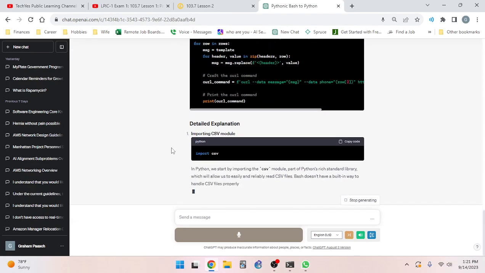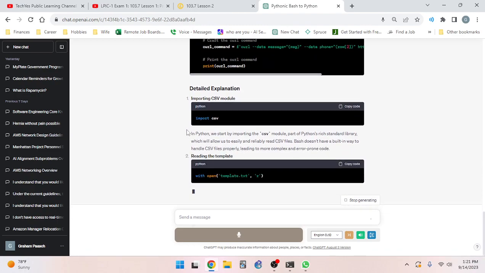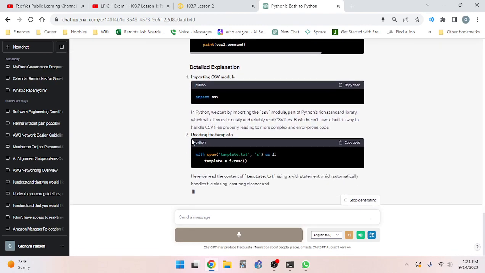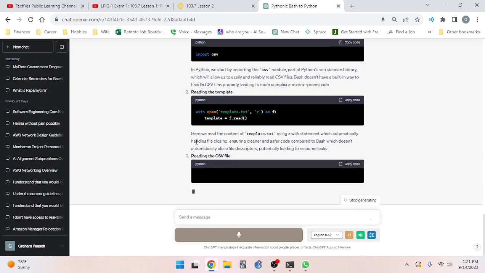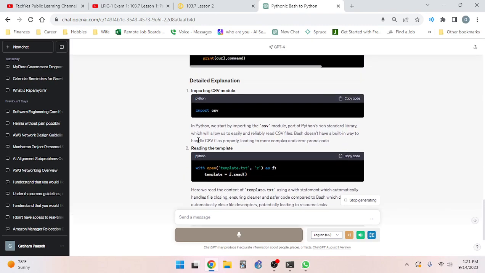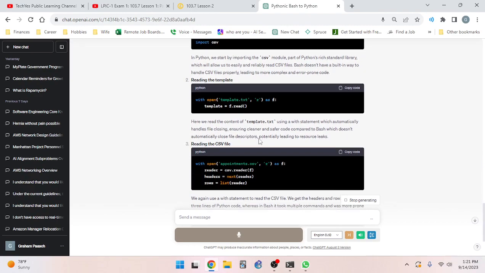Importing CSV module: import csv. We start by importing the CSV module, part of Python's rich standard library, which will allow us to easily and reliably read CSV files. Bash doesn't have a built-in way to handle CSV files properly, leading to more complex and error-prone code. Reading the template: with open template.txt